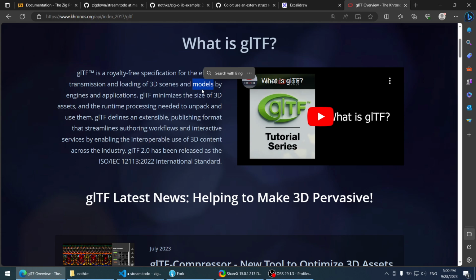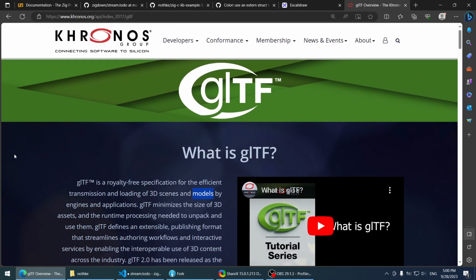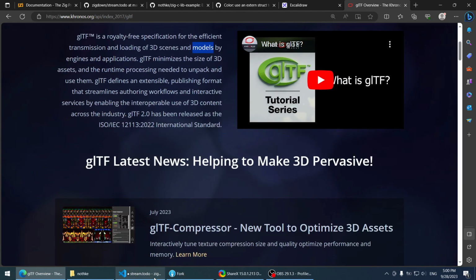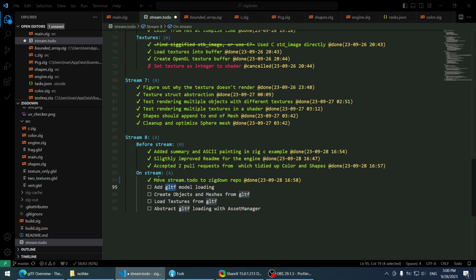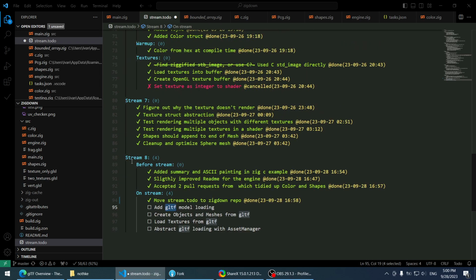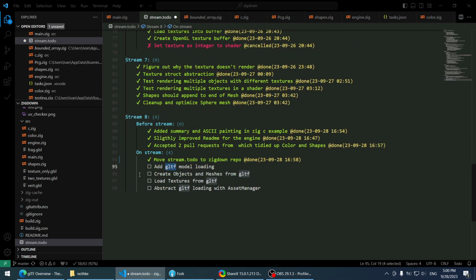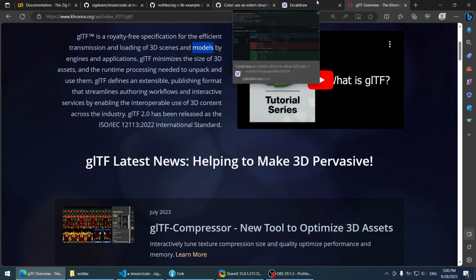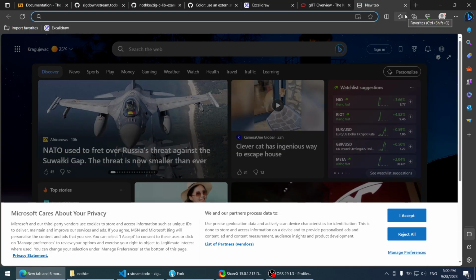And yeah, so that is what I am planning to do. And this is the same thing that I use in my own C++ engine. I have a glTF loader there that does it all for me. Okay, so, well, a cool thing would be to actually find a glTF implementation. There is a C glTF implementation called cgltf. And if I look for cgltf,